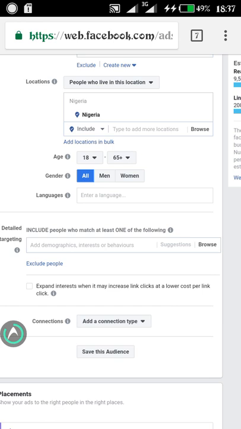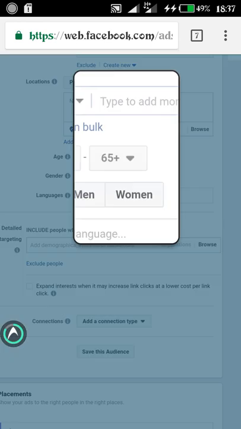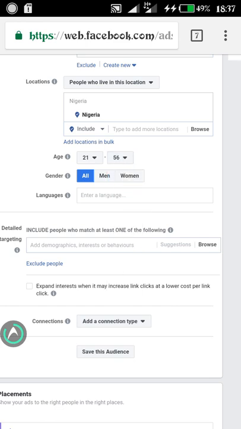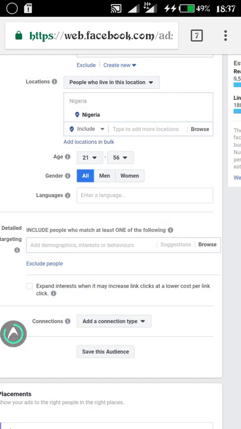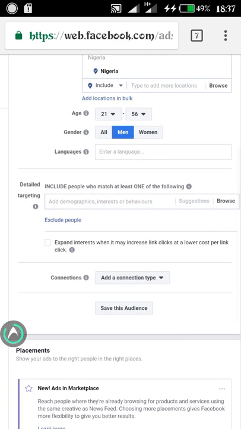You can say for the age, I don't want 18, that I want to streamline it probably from 21. I want to streamline it down to maybe 55, or let's say 56, based on what you want. You can just say, okay, for my gender I want it to be male and not everyone in general. So just like that. For the language, you can decide to say, okay, I want them to be maybe those